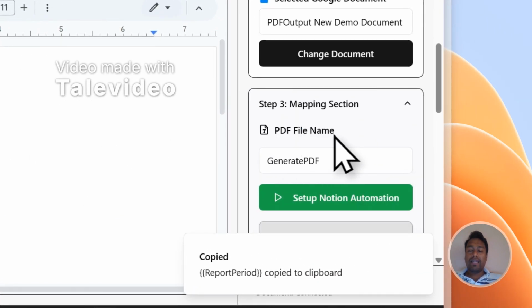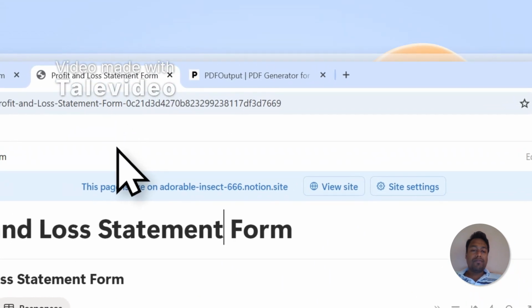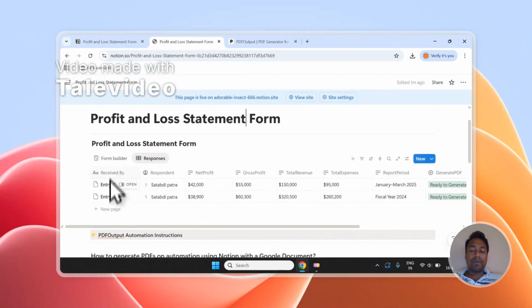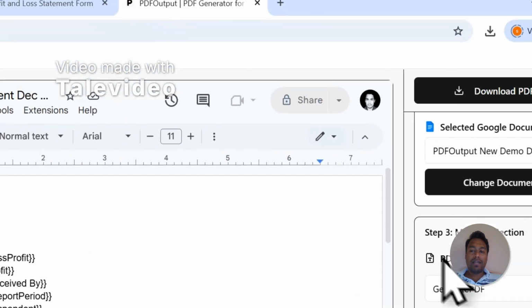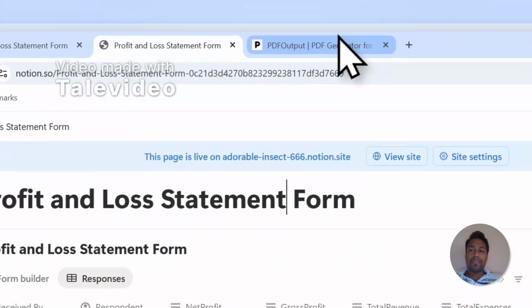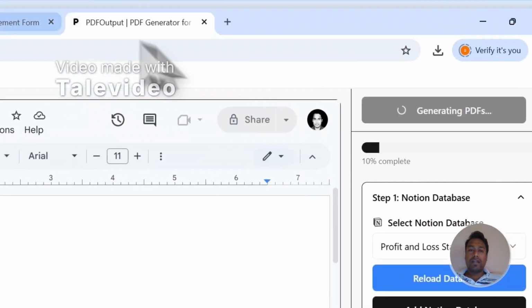I need to define the PDF file name. For naming the PDF file, I can go with the reporting period, or maybe I can go with the received by field. Okay, so I will just choose received by. So the PDF will be named as per the received by that we see over here. Let's click on download PDF, and now if you see